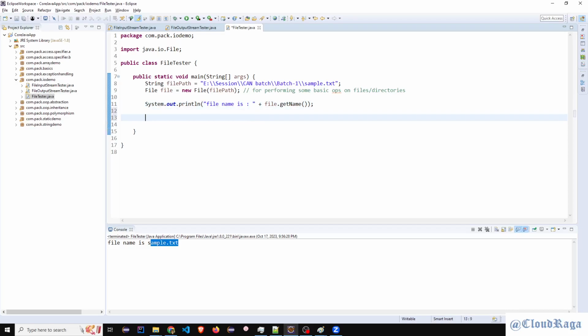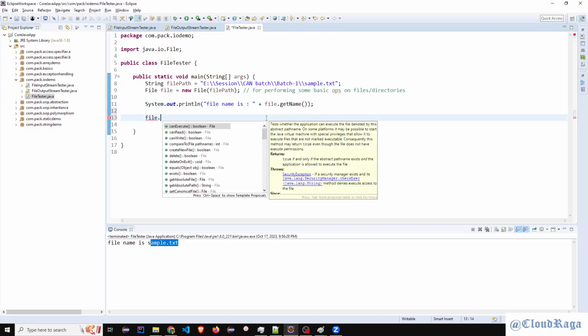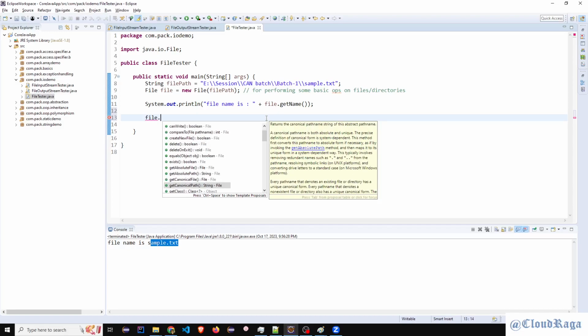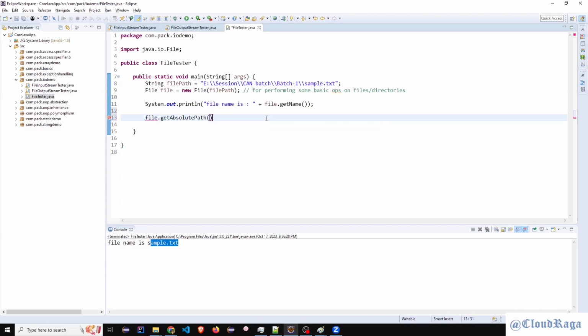Likewise, we have some more methods which you can use, like file.canRead. I'll use delete later. Let's say absolute path. I'm giving you real-time scenarios. Sometimes we are working with Linux machines, so you are not aware of what path you are getting from that system.